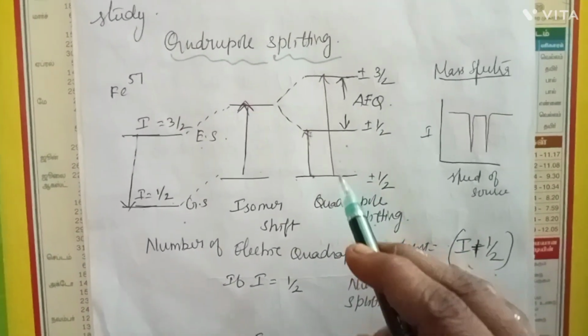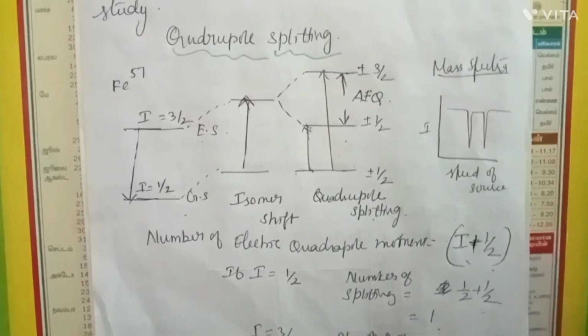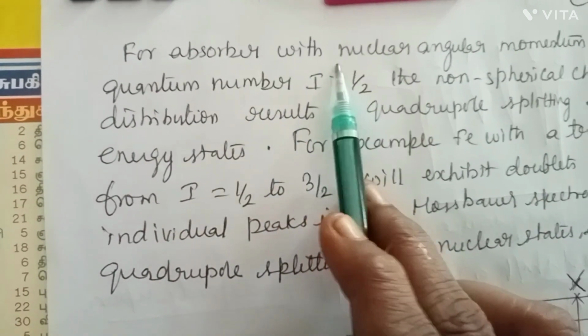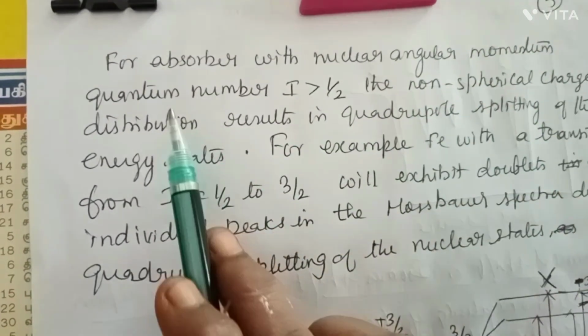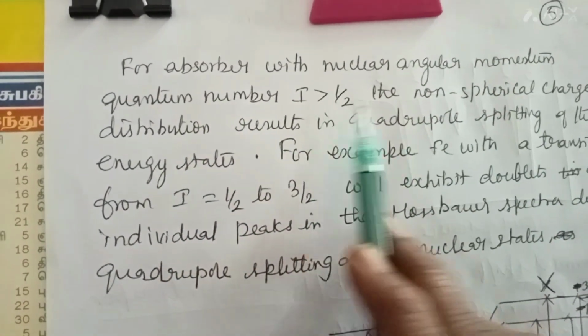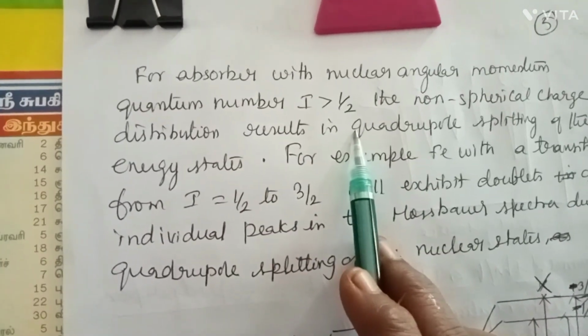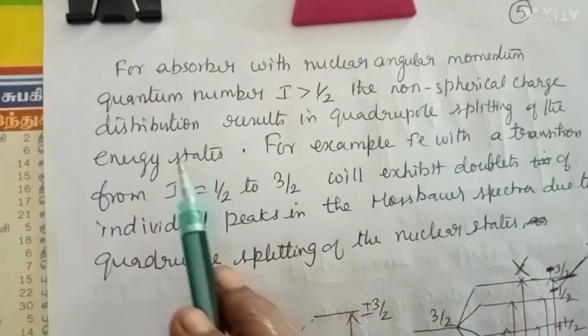Okay, the selection rule for the transition is delta m equal to 0, plus or minus 1. So only that transition is possible. In Mossbauer spectra, I have given here "mass spectra", that's a mistake, it is Mossbauer spectra. So for an absorber with the nuclear angular momentum